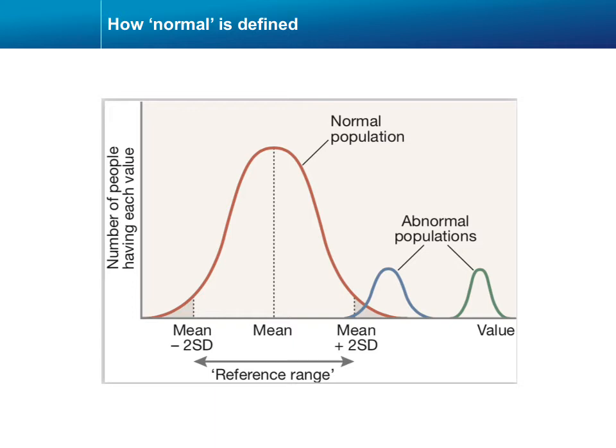The other thing to mention about test results and normal being a statistical construct is that when we're inventing a new test and deciding how it's going to guide our decision making, there's a trade-off between sensitivity and specificity, which I'm going to talk about later. But for example, if we